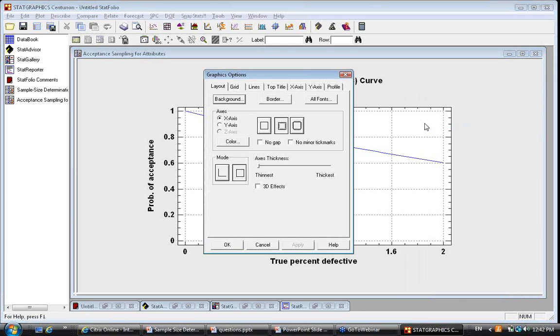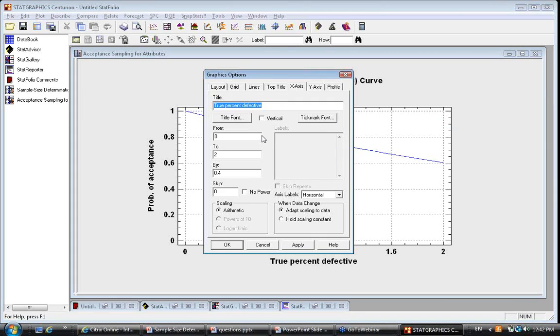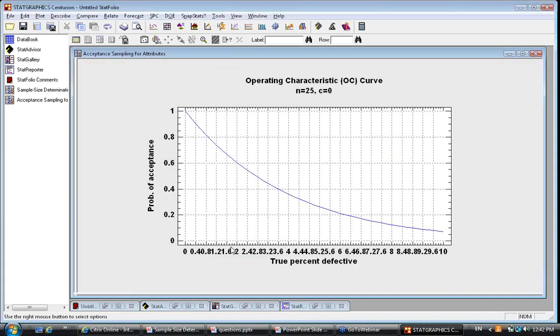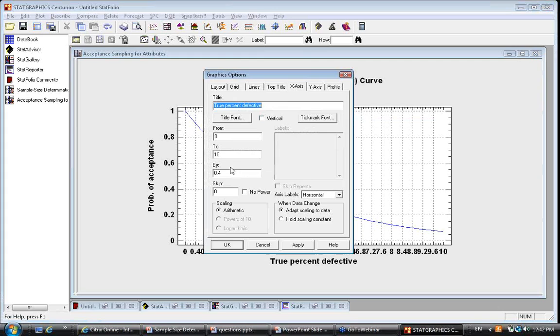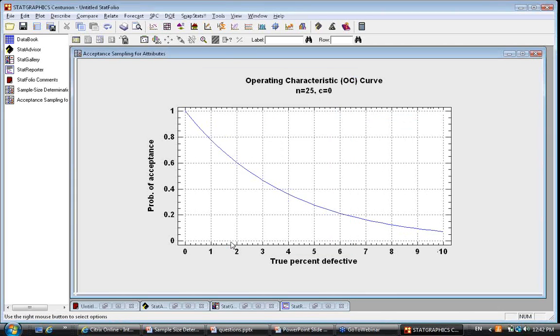Let me right-click, go to Graphics Options, widen out the X-axis scale to maybe 10% defective items and see what we get. Okay, well, I didn't need to scale it quite that way. Let's see. X, I'll go 0 to 10 by 1. How about that? That'd be a little bit nicer. There we go. Yeah, about 78% acceptance if there's 1% defects, about 60% acceptance if there's 2% defects,